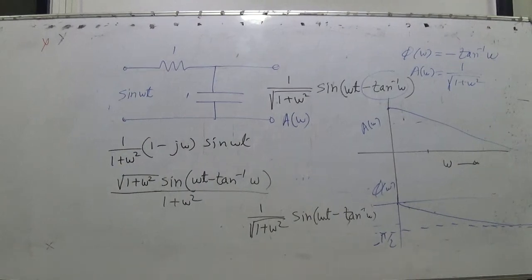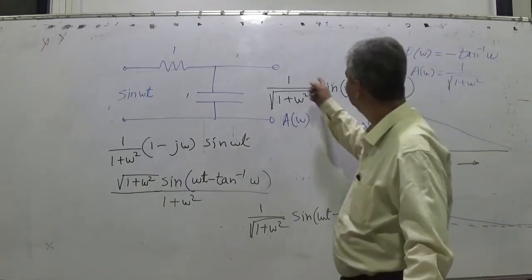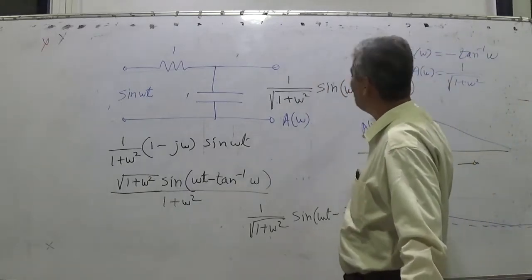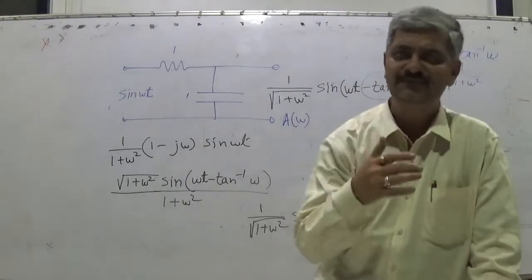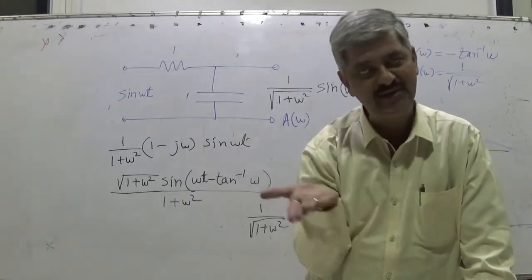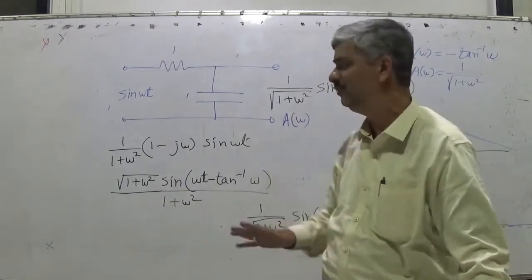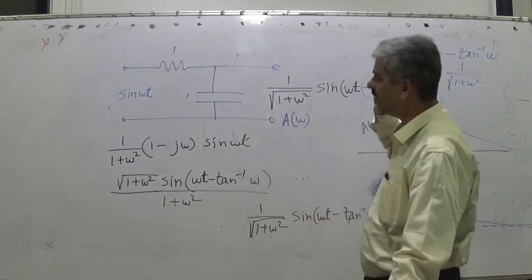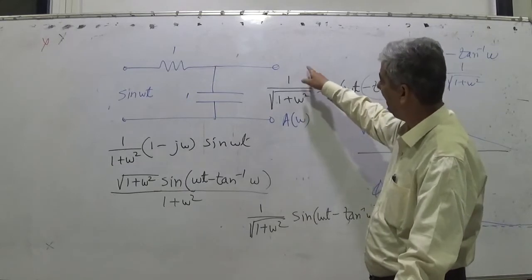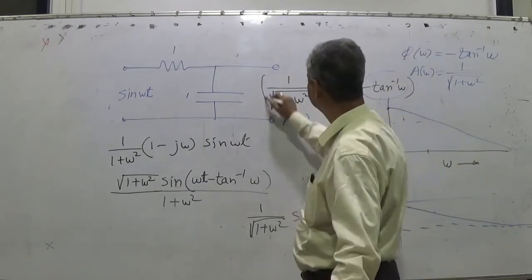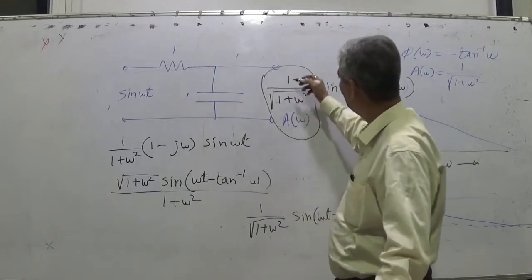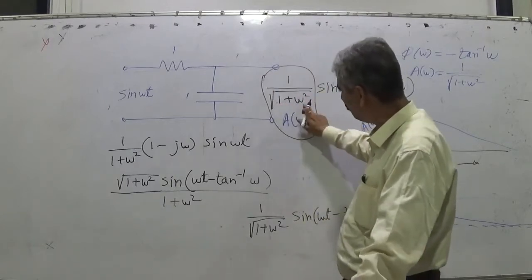So this is a low pass filter. The phase right now is not so critical, so let us focus on amplitude. Obviously phase will change depending upon the frequency, but amplitude response tells us what kind of filter it is. So A omega, which is now the focus of our attention, is 1 upon under root 1 plus omega square.